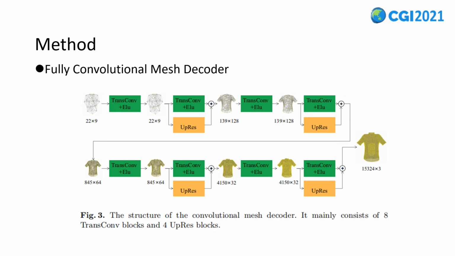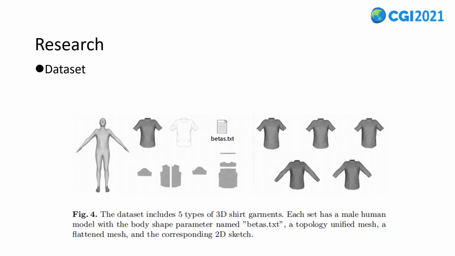This is the structure of the convolutional mesh decoder. It mainly consists of 8 transposed convolutional blocks and 4 unresidual blocks. The latent code is decoded to vertices data of the 3D garment mesh by 8 transposed convolutional blocks and 4 unresidual blocks. We constructed a dataset with